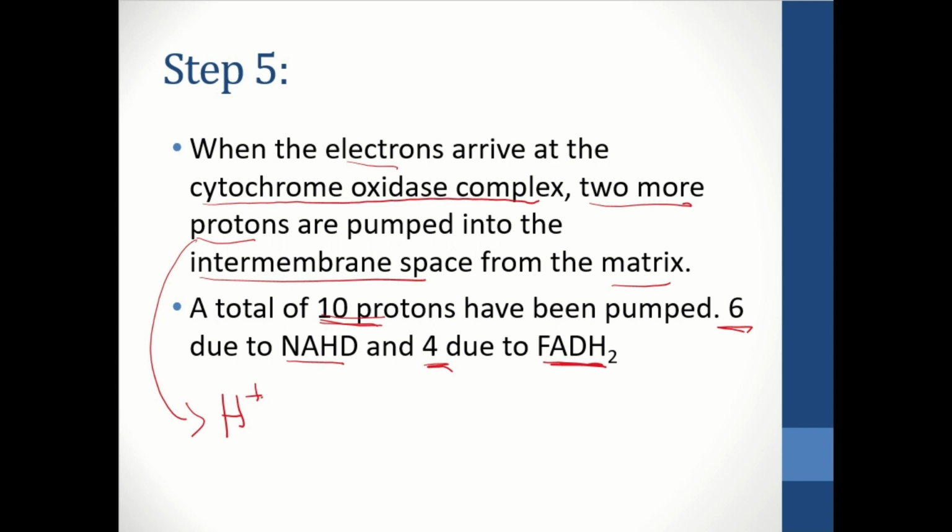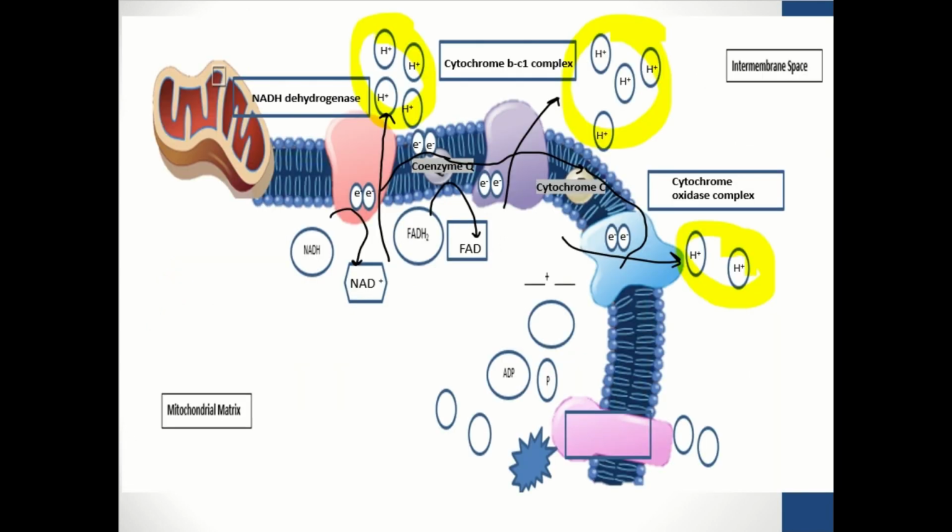So these numbers here are going to matter in our final energy count, which is the note we'll do next. Okay? So while you are labeling step 5, all you should show is that the hydrogen ions are getting pumped in. We still have these electrons that are here that we're going to deal with shortly